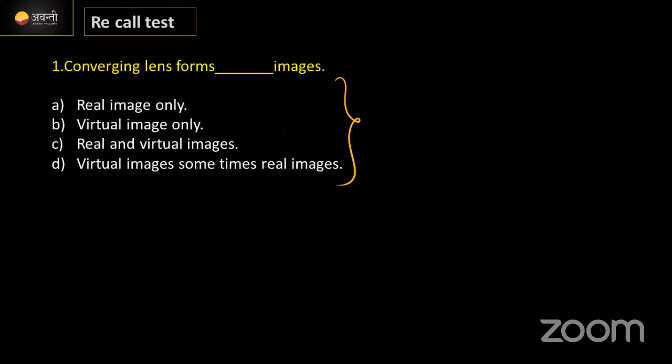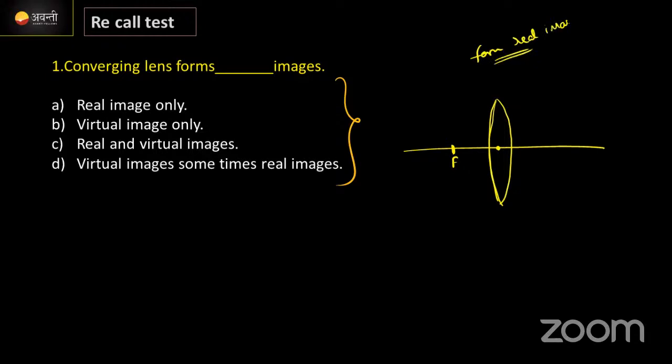What is the correct answer for this question? Simply say converging lens. Look here, a converging lens is nothing but a convex lens. Correct? Optic center, principal focus. I know a converging lens always forms real images. But one position is there. You might be studying in 10th standard. Between the optic center and the principal focus, if you place an object,